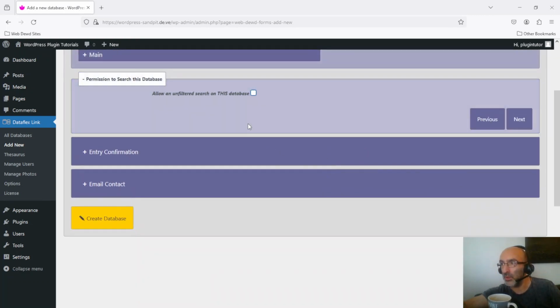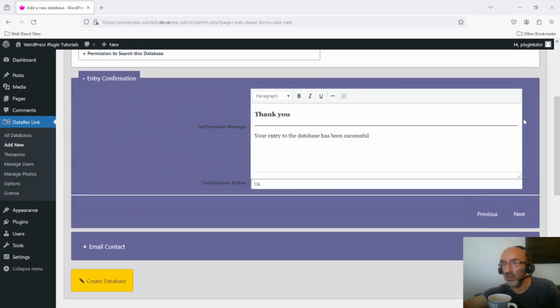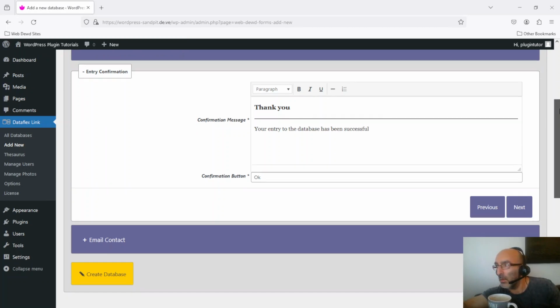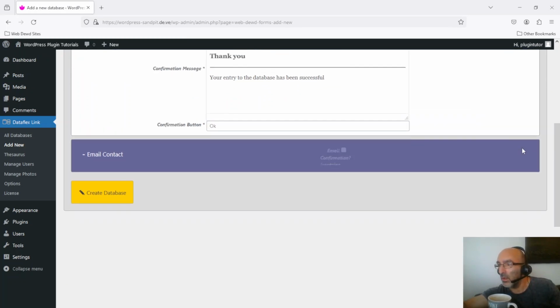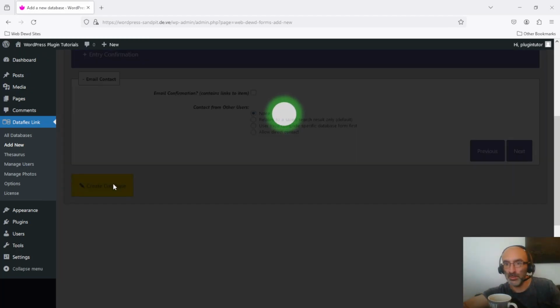Permission to search. I'll add a link to what this means below in the description. There may even be one that appears up there. I'll leave that for the moment. Again, we'll do a different video on that, which I will add to this description. So I'm just going to create this basic database,